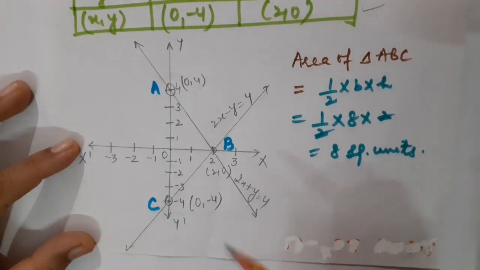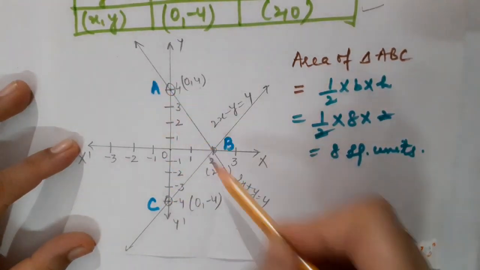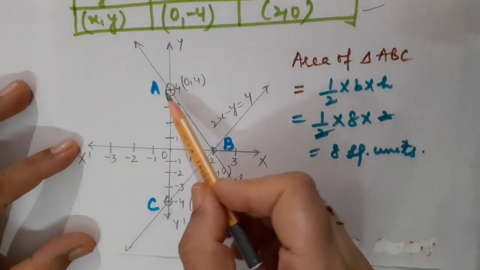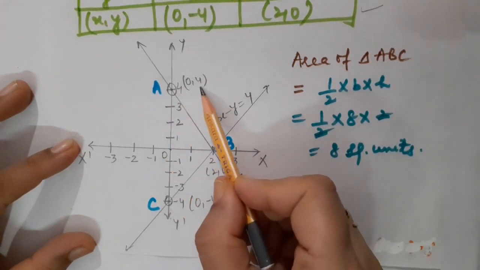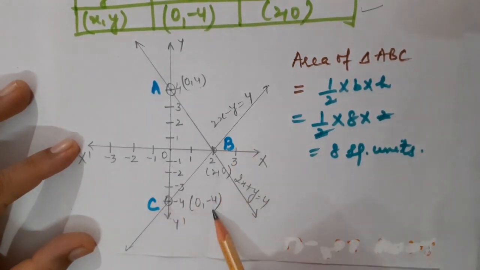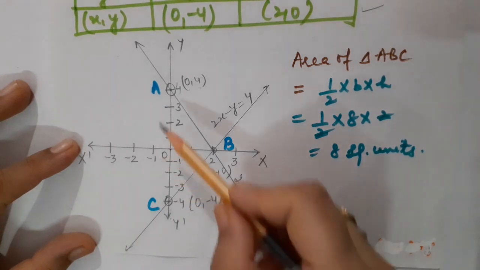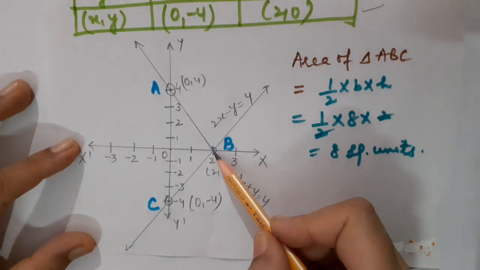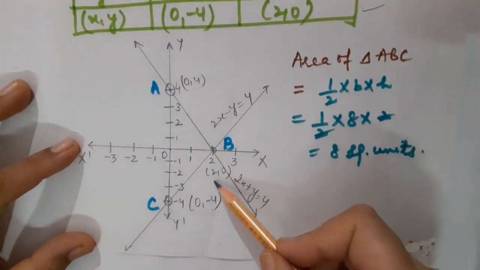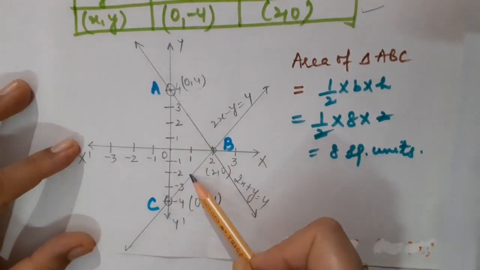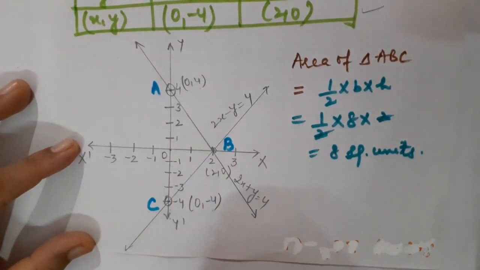It is said in the question that whenever there is a triangle formed using both of these lines as well as y-axis, we have to tell the coordinates of the vertices of the triangle. So the coordinates are A 0, 4, B 2, 0 and C 0, minus 4. Correct? Now children, here you can see that using y-axis and both the lines as they are going to intersect at the common point, that is 2, 0. This is a triangle formed. Correct? We will have to calculate the area of the triangle also.